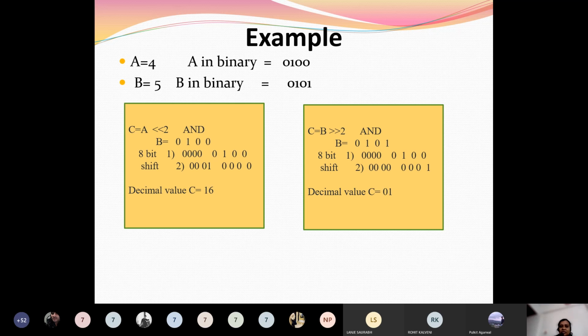Now here you can see this 0 1 is shifted. So सारे के सारे बीट्स 2 बीट से शिफ्ट हो गए. ओके, if I write the command c equal to a shifted by 3, so ये जो 1 है वो इस पोजीशन पे आ जाएगा and that becomes 32. And if I only shift by 1, so ये जो 1 है सिर्फ यहाँ पे आ जाएगा and answer will be 1. Okay, so ये जो a shift operator 2 लिखा है, so this 2 indicates how many bits you want to shift.